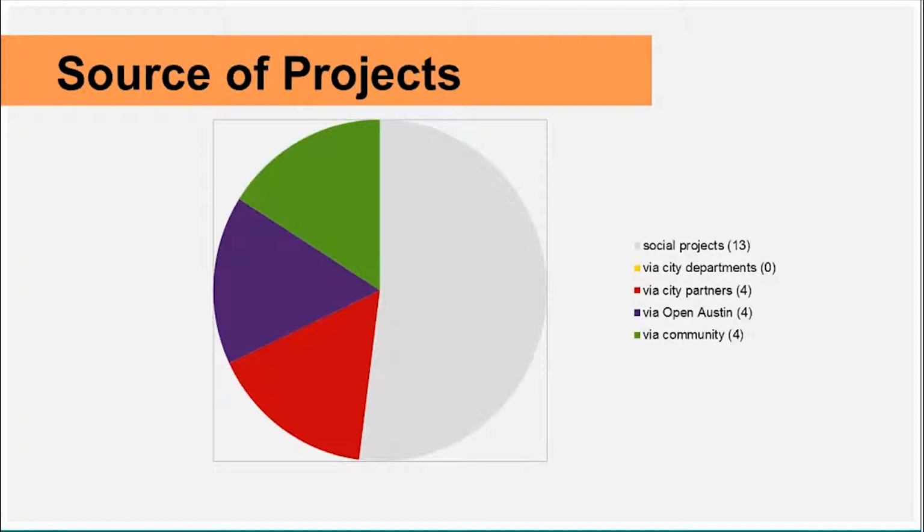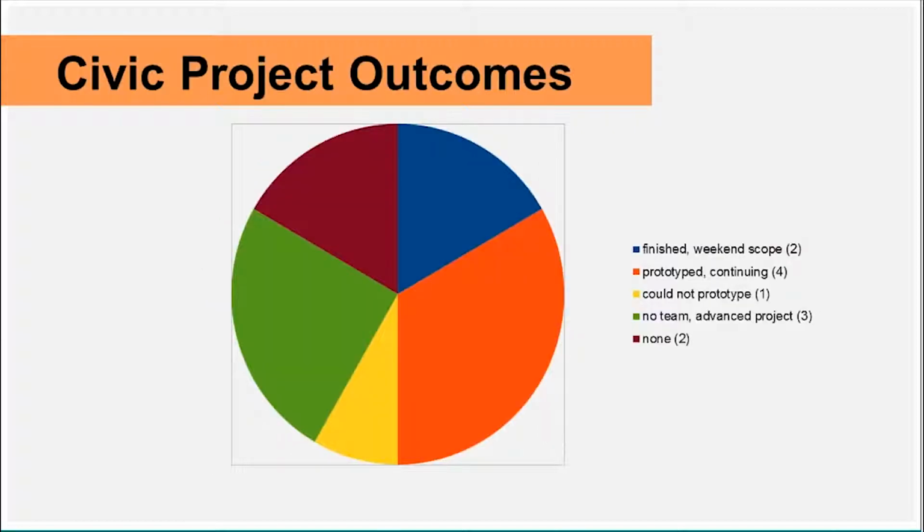Another is that we discovered that you really can't do that pitch for hacking and recruit projects at the same time. The folks that we were able to recruit projects from already got the civic hacking idea. The other departments, we gave them the pitch for civic hacking, so maybe next year there will be sources of projects. So in the end, you have to leverage your existing partnerships and your networks and your community to get these projects. So out of those 12 projects, I'd like to look at what happened to them.